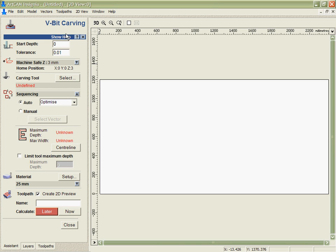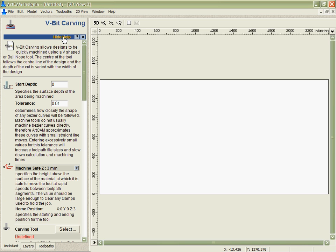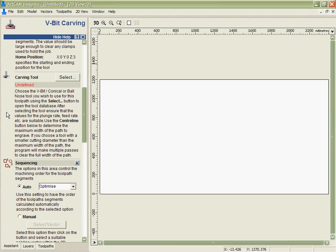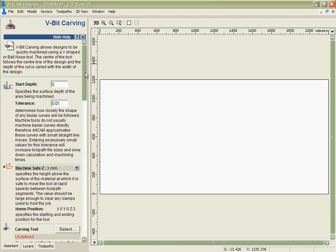So this area at the top here where it says Show Help, if I was to click on that, you can see it actually brings up help inside the menu right next to the area where I want it. So I don't have to resort to always pulling out the manual or trying to find the help on an internet page. Now that's great, being able to read the help directly where I need it, but one step further